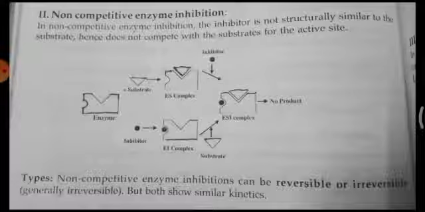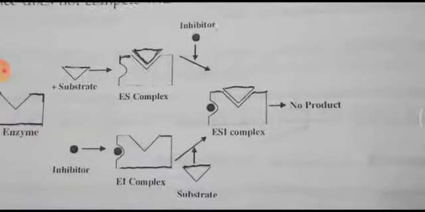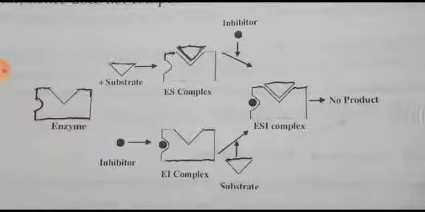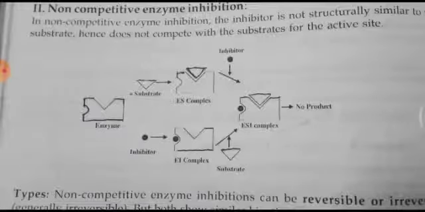If you see the enzyme in the upward process, enzyme plus substrate, you'll get an enzyme substrate complex, and then the inhibitor will bind, and then there is a formation of ESI, that means enzyme substrate inhibitor complex, and there is no product. In this case, in the upward process, you can see the substrate is triangular in shape and the inhibitor is round circular shape with a black color. In competitive, structurally they are the same, but in non-competitive